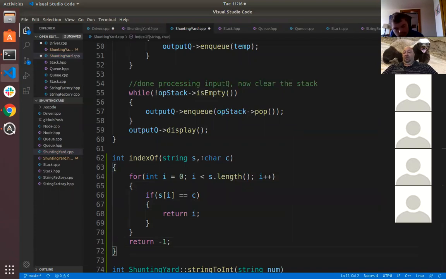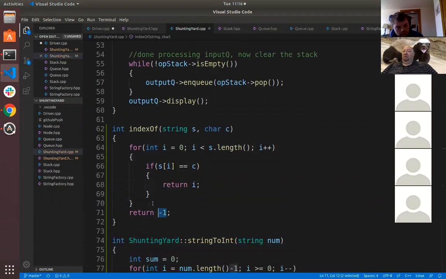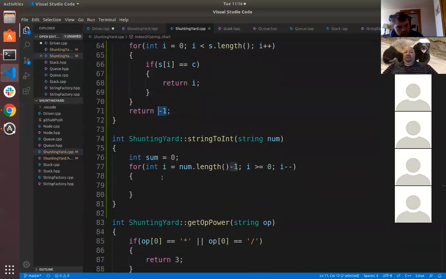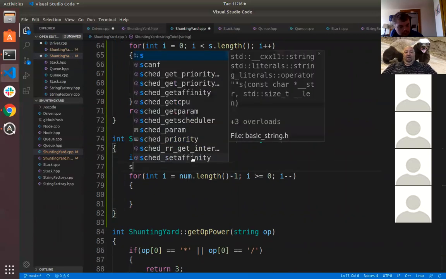So index of will search for this character inside of this string. It'll look through the entire string, returning the index within that string where it was found, or a -1 if it wasn't found. So that's what index of did in Java, and that's what it does now in our C because we wrote it. So string to int here is going to say, we're going to have a string